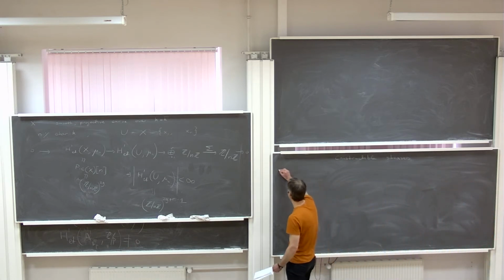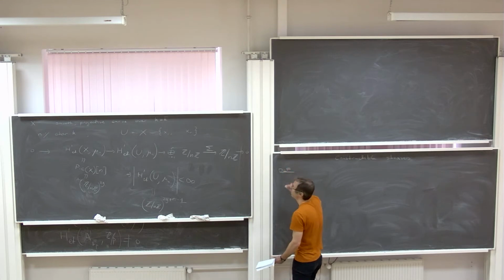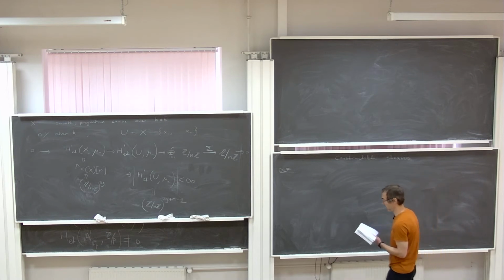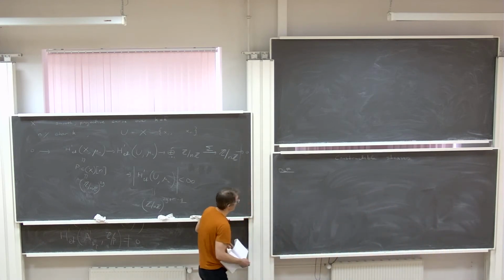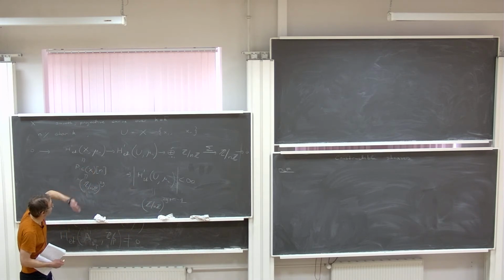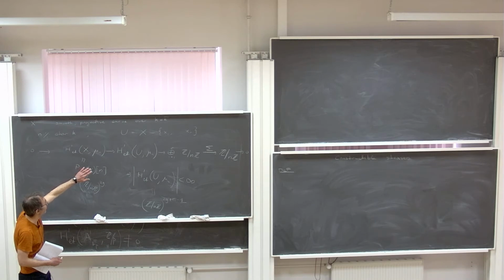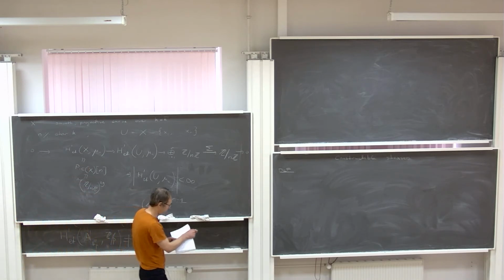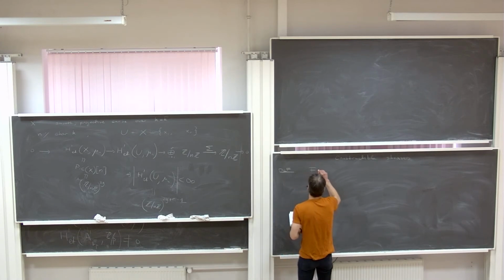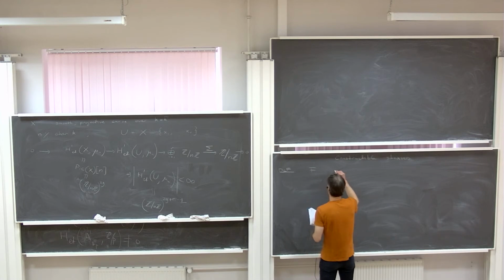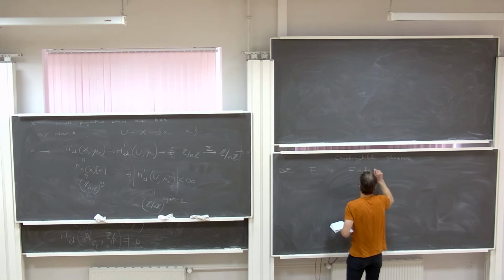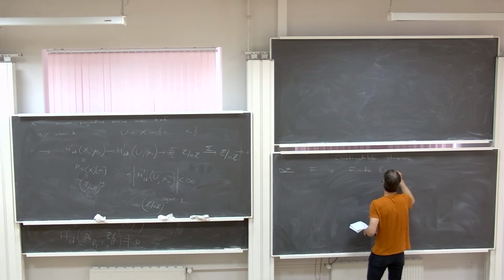So first, I will give myself any scheme X for a moment. So constructible sheaves are glued from locally constant sheaves, or a synonym of this is local system. So what is a local system? What is a locally constant sheaf? So F, an étale sheaf, is called finite locally constant